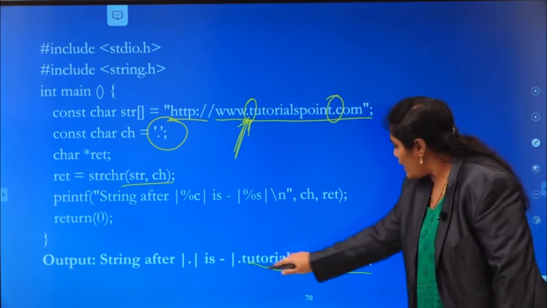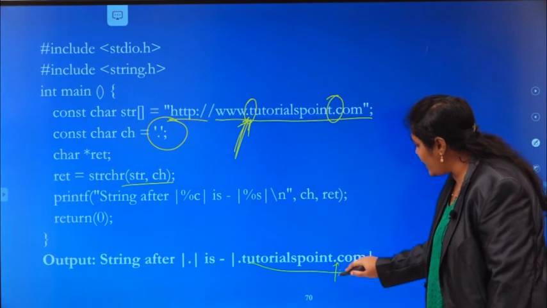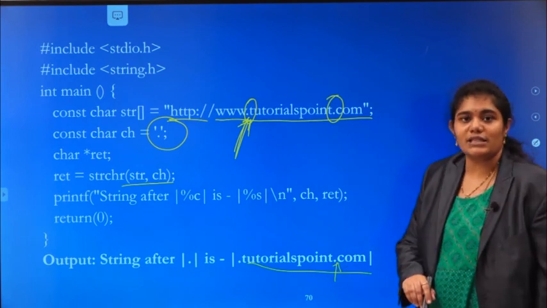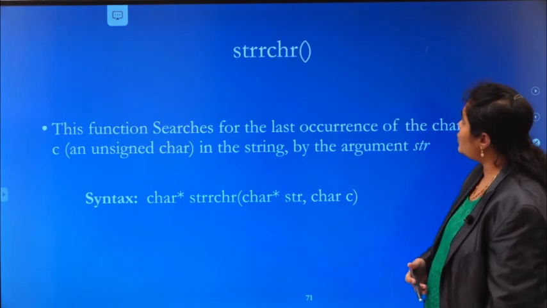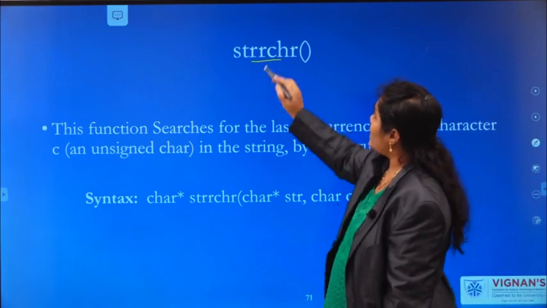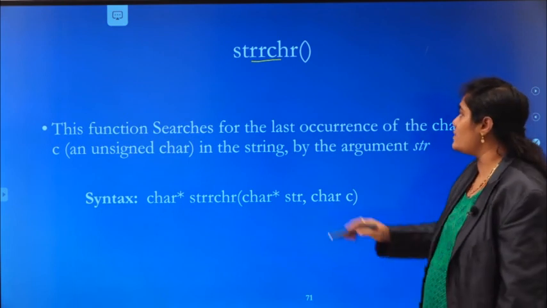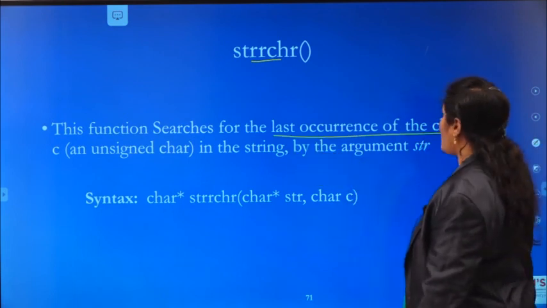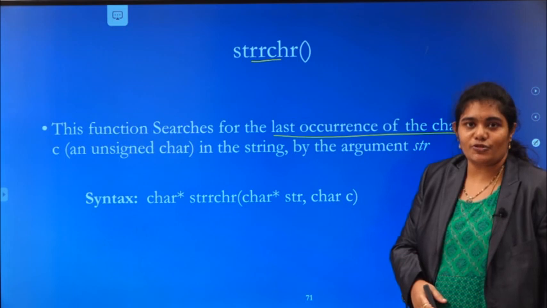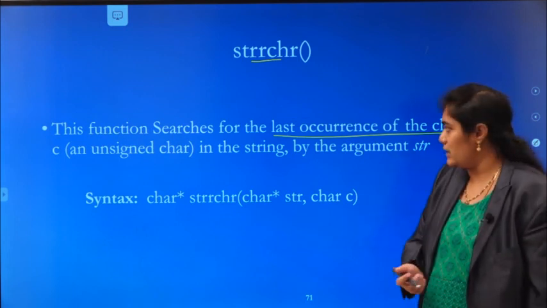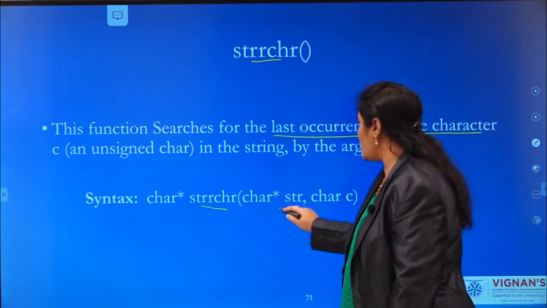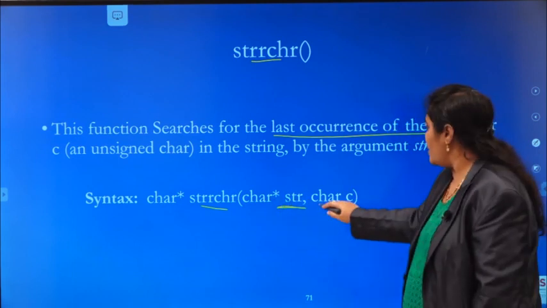If you want to search for the last occurrence, we have another function which is strrchr. strrchr is used to find the last occurrence of the given character in the given string. strrchr of same string comma character.